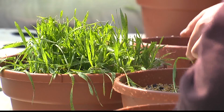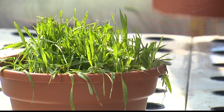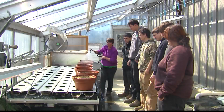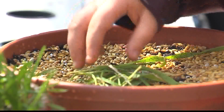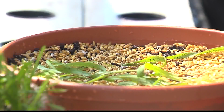When King needed a place away from the greenhouse to produce her biological control bugs, she reached out to Kittredge. It's been a win-win. Helping Clausen's has taught the students how to best manage their own greenhouse. Goes back to cost savings and what's best for the plants that we're producing. So if I don't have to apply a pesticide or an outside application onto a product that we're trying to market,